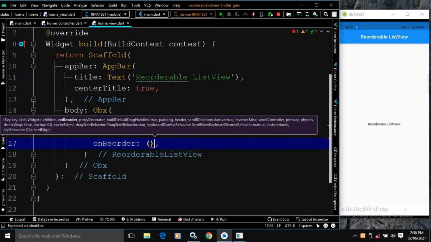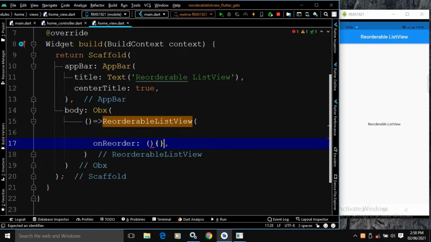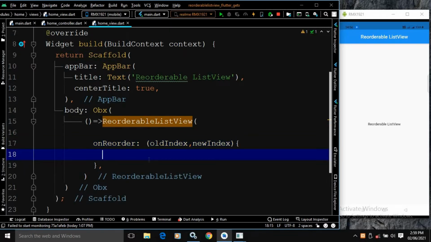This function will be called whenever the user tries to reorder the list view, and it will take the parameters old index and new index. What will happen when the user reorders the list view, that code we will write here.